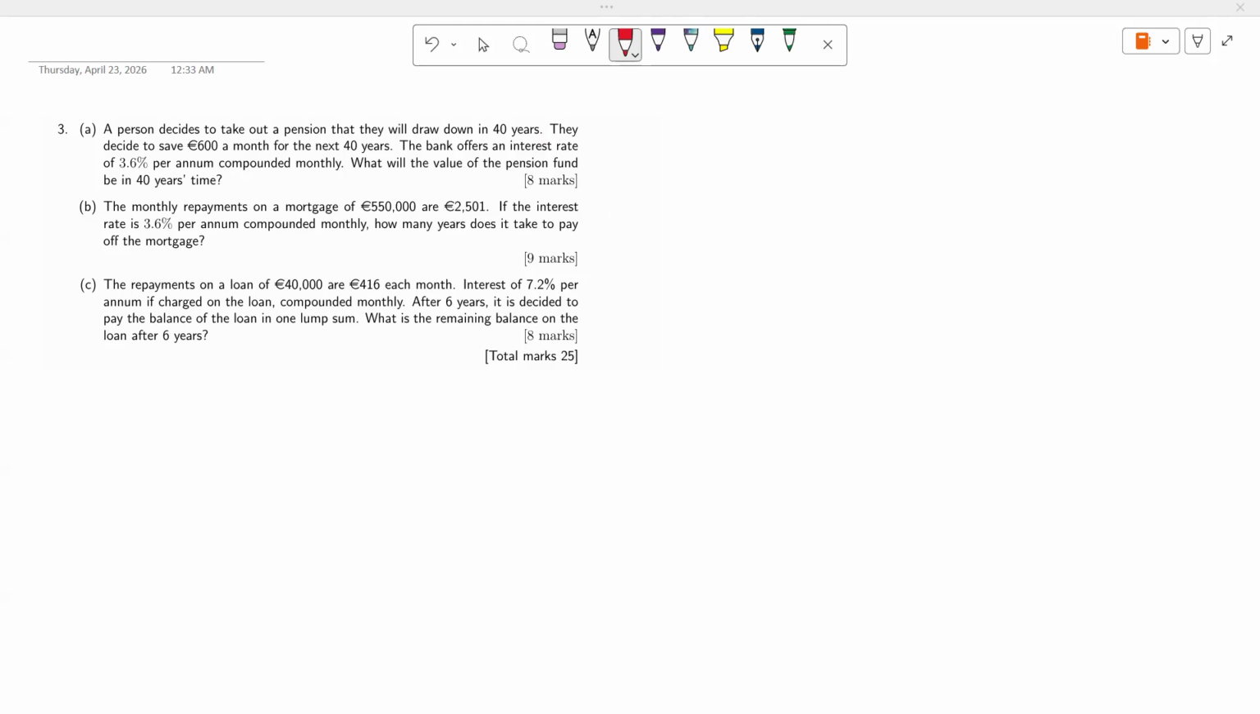A person decides to take out a pension that they will draw down in 40 years. So he'll keep saving some specific amount, which is 600 euros in this case, on a monthly basis for the next 40 years. And after 40 years, he will withdraw the money. Now, the bank offers an interest rate of 3.6 percent per annum. So again, it's per annum, but the compounding has been done